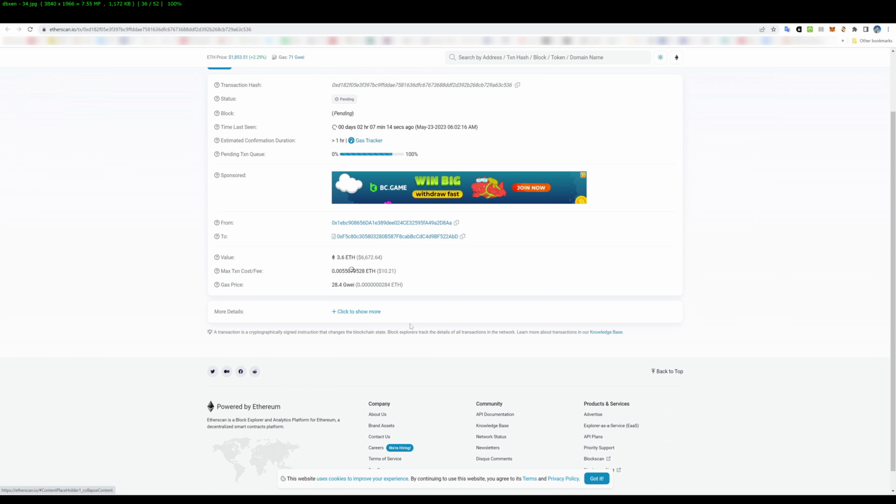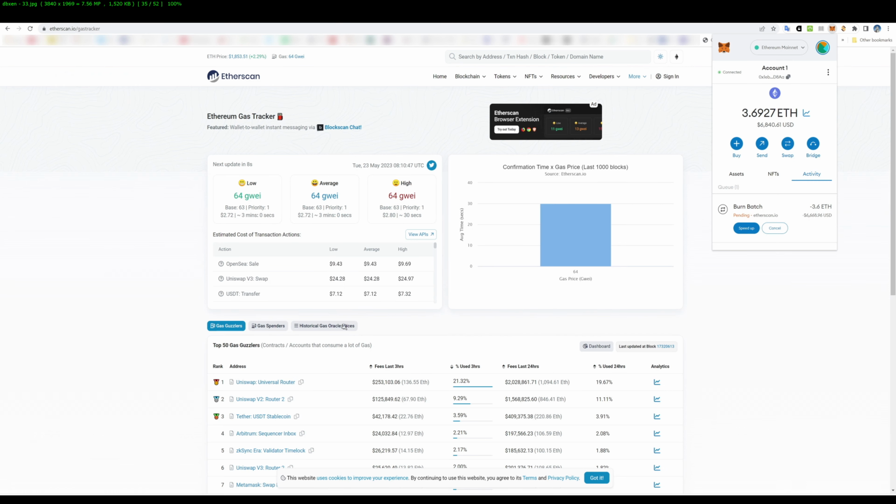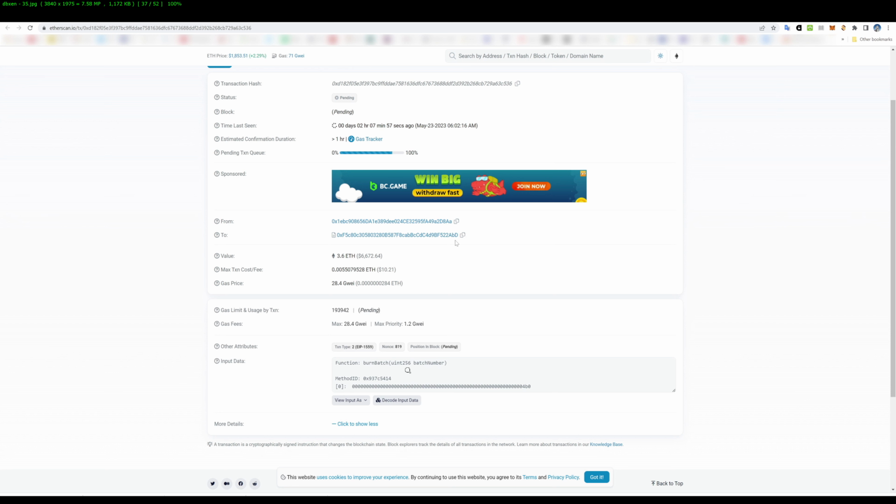because no validator will drop the base fee to 28 to pick this transaction when he can earn more money picking transactions at 70 Gwei. So you click here to show more, and you write down this number of the transaction. This transaction has nonce in MetaMask 819. So you will need this number to overwrite this transaction